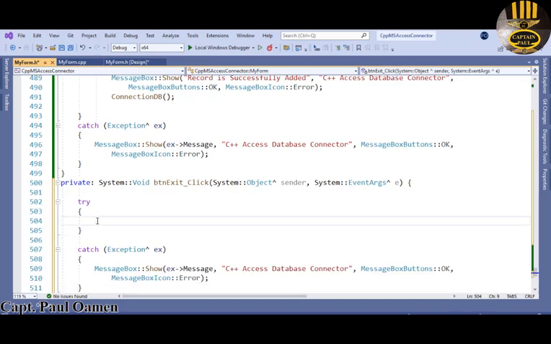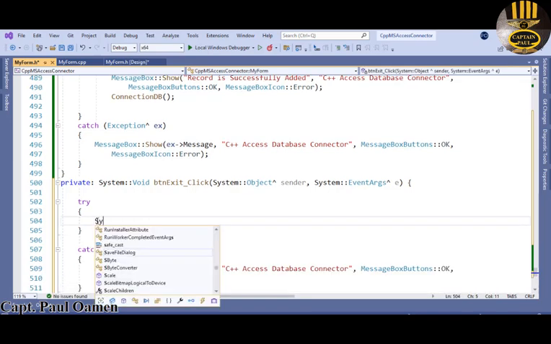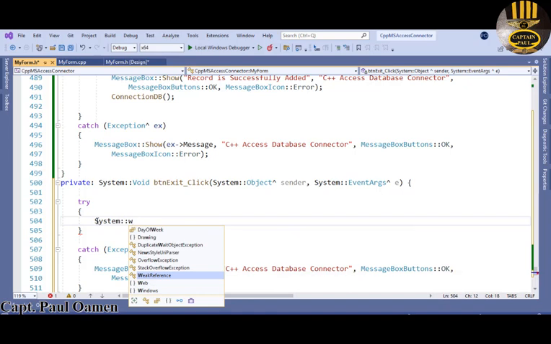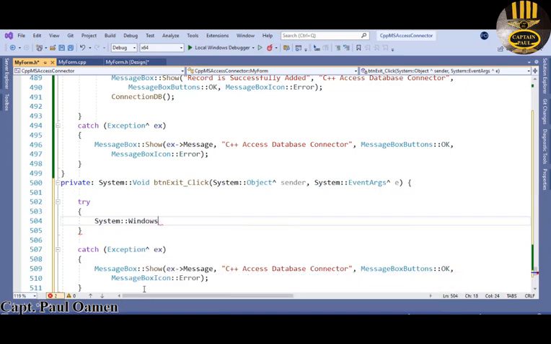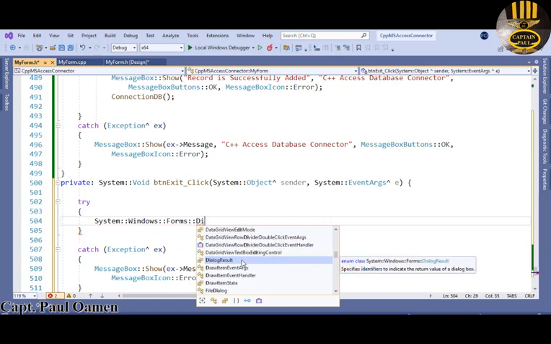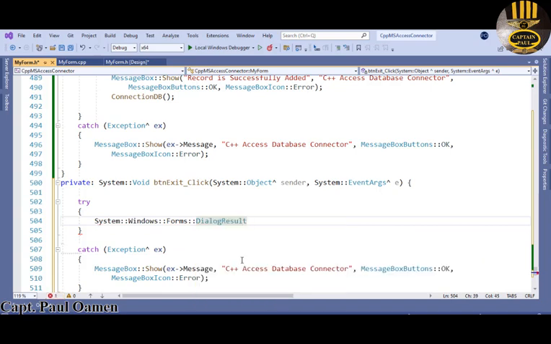Right in here I'm going to enter, let's say System.Windows.Forms.DialogResult, and now we call that